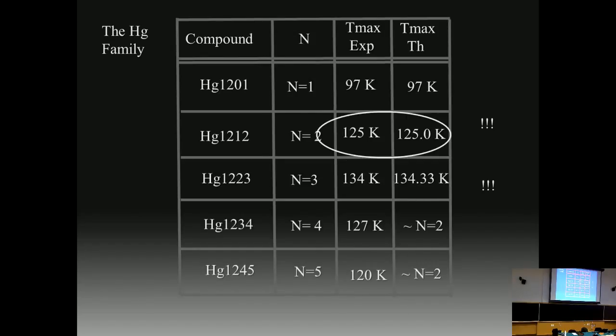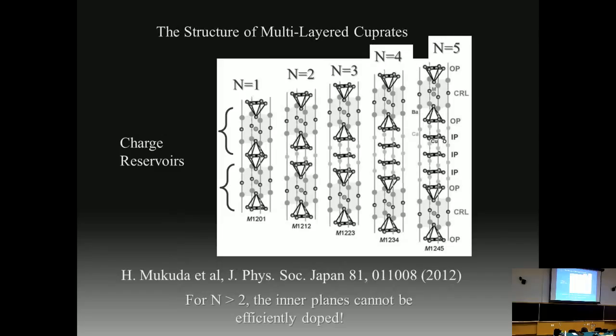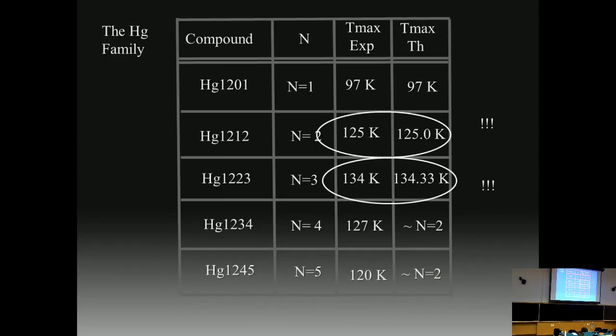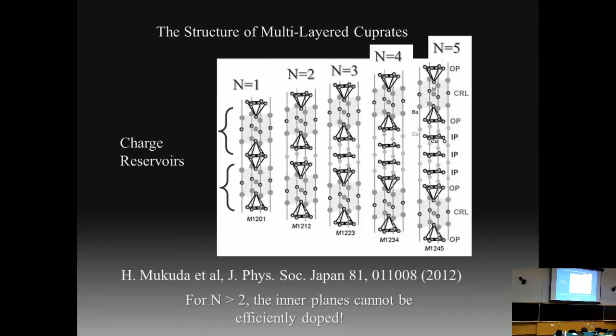So n equals 2, excellent. N equals 3, a little bit different. And for n equals 4 and 5, it's quite different. So we can understand quite easily why this is so, because you see here the charge reservoirs are here, and